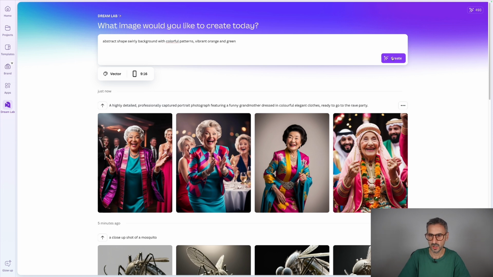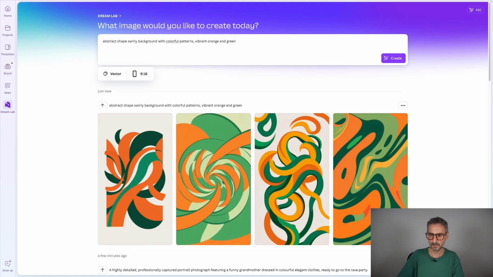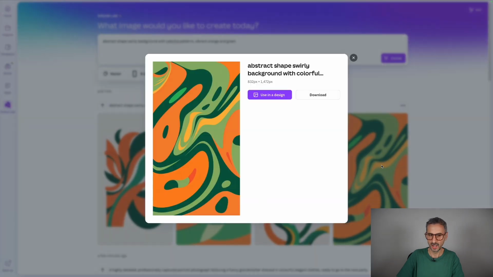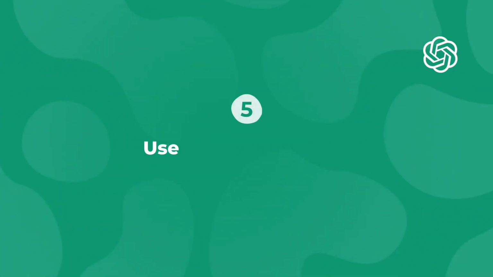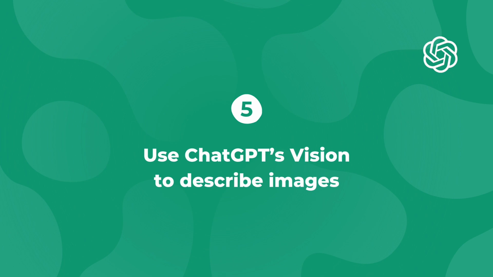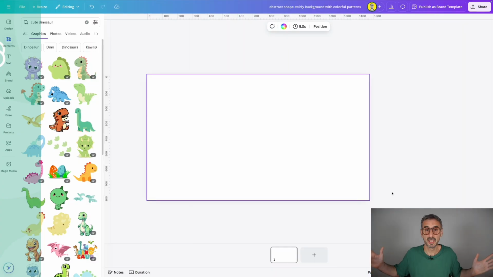Okay, let's try this. Yeah, this is not bad at all. Like this one right here, very cool. I like that. I could definitely use that for a transition, a slide, or even like a wallpaper. This is pretty nice. All right, my last tip for you guys today, before I let you experiment by yourself,